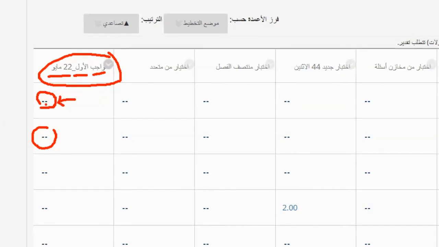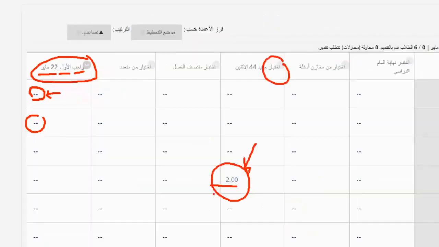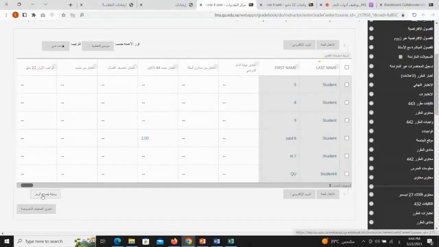When you entered the student's profile and looked at the attempt, and checked in the grading center, you found these 2 dashes. These two dashes mean that the student hasn't made an attempt at all. Now, if you notice, there are 2 grades here. What do these 2 grades mean? These 2 grades in the test mean that the student made an attempt and scored 2 points. Now, there's something else here in the assignment, which is the means of clarifying the symbol. This orange symbol indicates a grade,